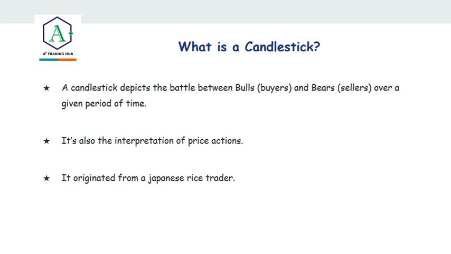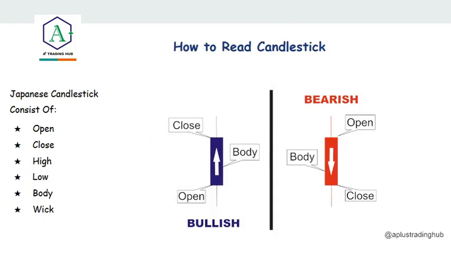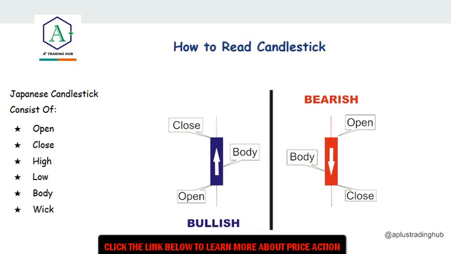So know that a candlestick interprets what traders are doing in the market, what traders are thinking, how traders are feeling about a particular currency pair. So you can use the information printed on these candlesticks to trade. And we have different types of candlesticks. We have the bullish candle and we have the bearish candlestick. Every candlestick you see consists of an opening price, a closing price, a high price, a low price,